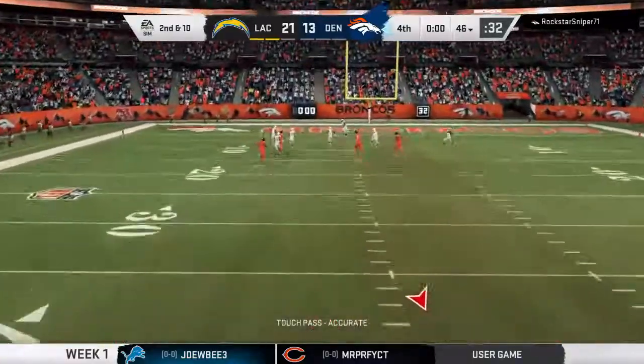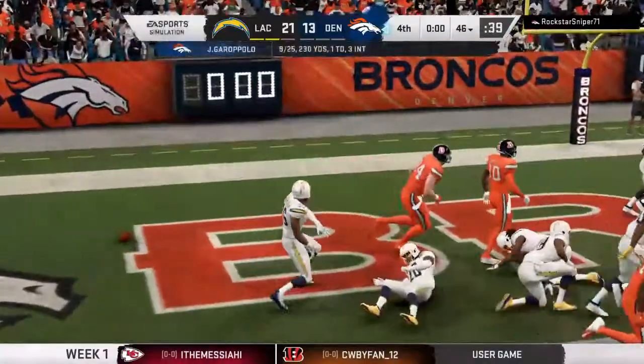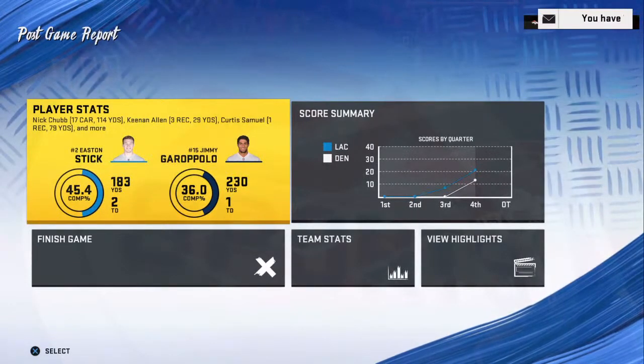One final try now for Garoppolo. Now a desperation throw deep downfield. And it's incomplete. So their final drive comes up empty. And with that, the ball game is over. Broncos 13,